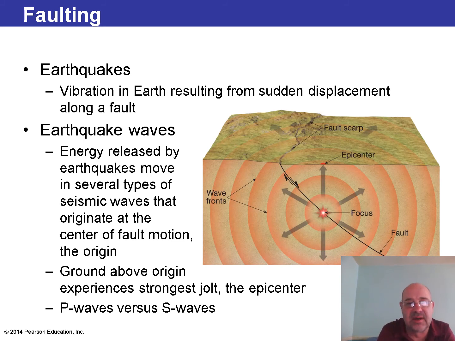Faulting. Some of the things that go with it are earthquakes, vibration of the earth resulting from sudden displacement. That's when one block moves rapidly from another block or over another block, and it causes displacement. Energy is released by the earthquakes, moving several types of seismic waves, which is why we have those secondary waves, right? So all of a sudden you have your earthquake, and then we have our